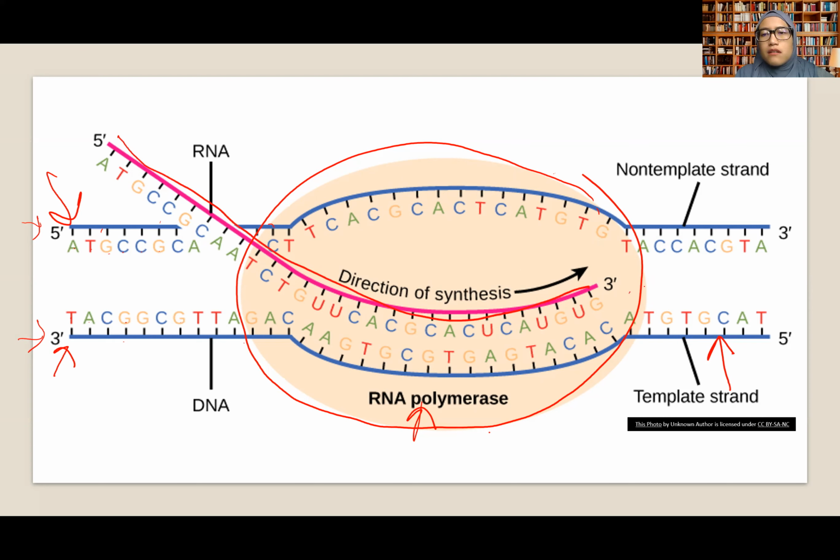The polymerase will move towards that side. It will continue reading this one, and then this will continue to get synthesized. Okay, so like ATG, it will be UAC, and continue,